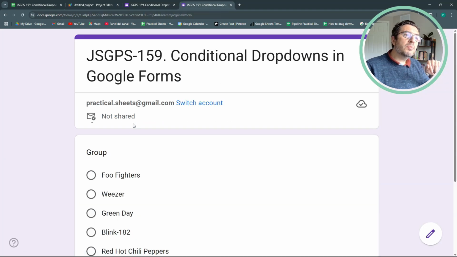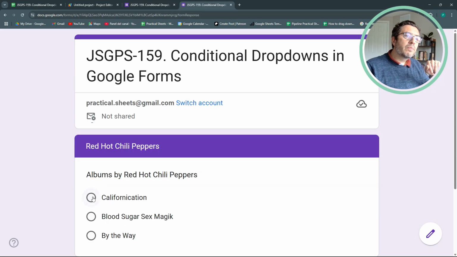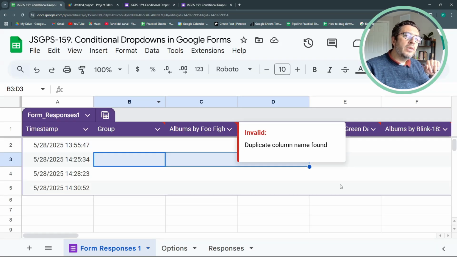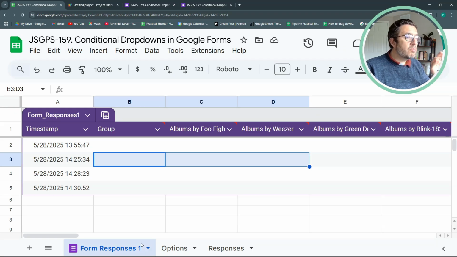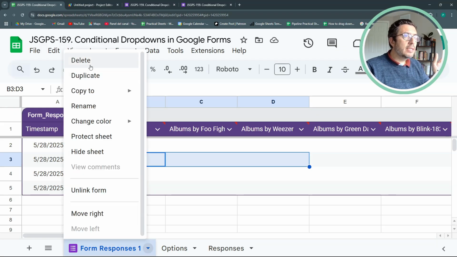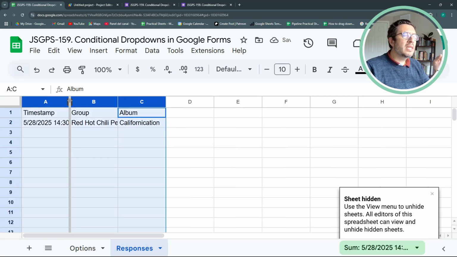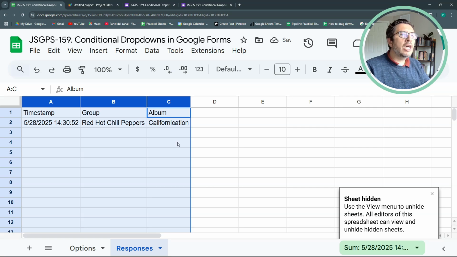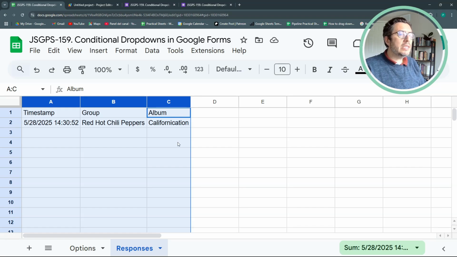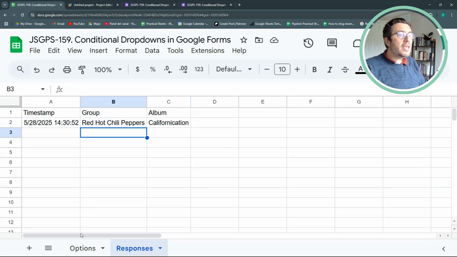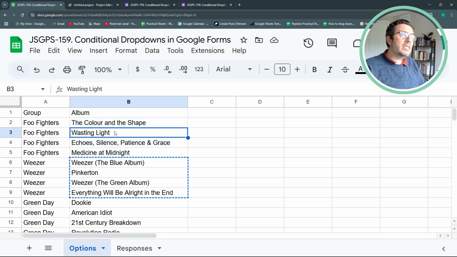So let's submit another response. And here again, you need to keep this. Please don't delete it, just hide it. But here in my responses, I have what I want. That is a simplified answer, just the group and the album. Even though we have 6 questions, it will just record 2 of them. That's it. And the only thing I want at the end of it is that when I change something here, it automatically updates my form,